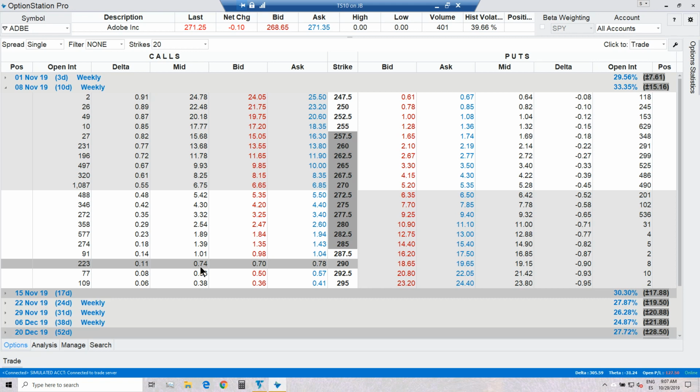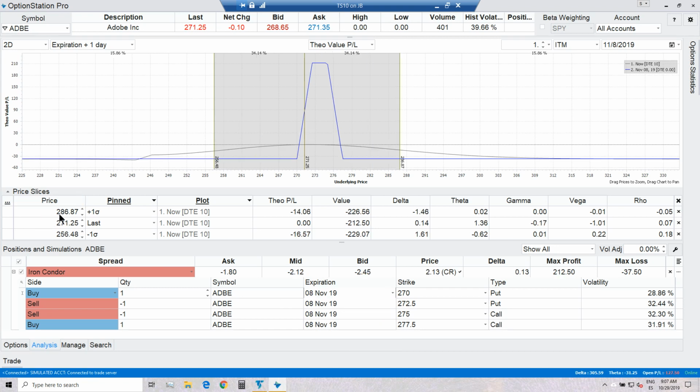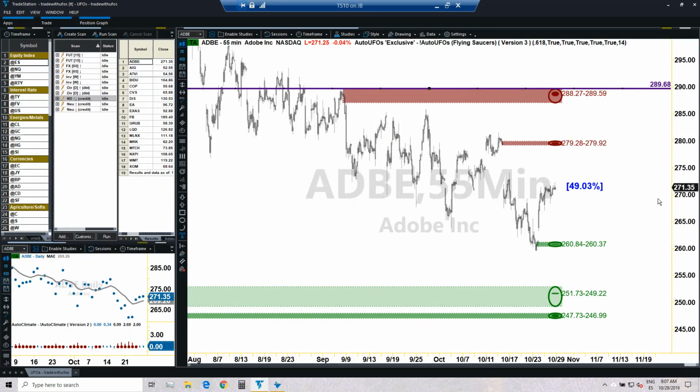Now, it's acceptable from a premium point of view, but we also need to double check and confirm if it's acceptable from a probability point of view, and this is done by switching the date from November 1st to November 8th. So now the values are updated, and in this case we got 286.87 and 256.48. It's looking good, because 286.87 is certainly something happening around here, meaning that our purple line, which is where we're going to sell options, is certainly beyond the 286 point something. So we're doing good in that sense.